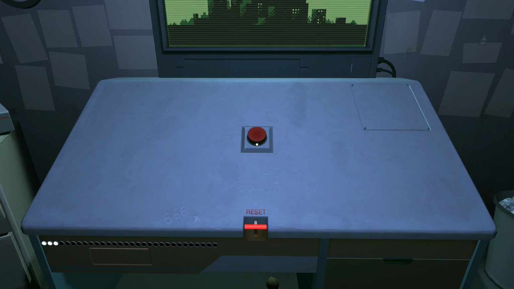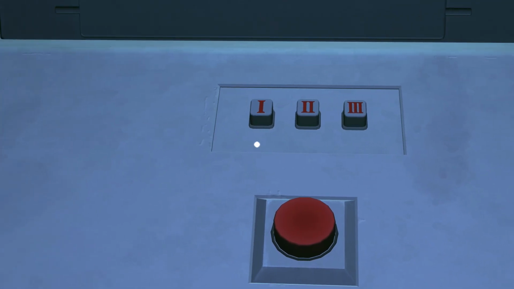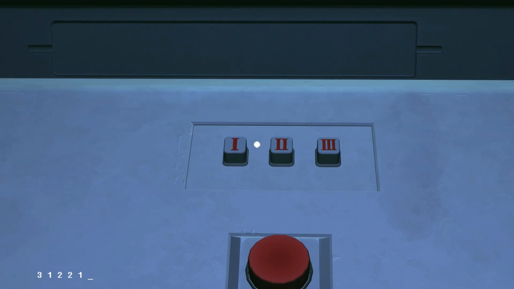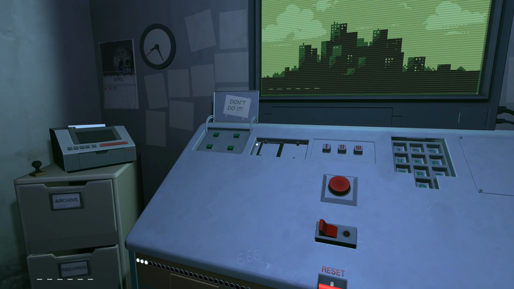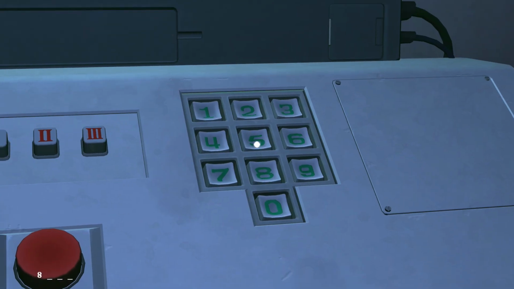Alrighty, and ending number 4 is going to be the demon ending. So for this one, you want to go ahead and hit the red button twice, and just above that some Roman numerals will appear. The code you're about to put in, you want to remember because you will be using it a lot throughout this game, and that code is 312213. And just to the left, a little lever will appear. Go ahead and pull that all the way to the left, and that will reveal a 10-digit keypad on the right-hand side. The code you want to put in here is 8267,